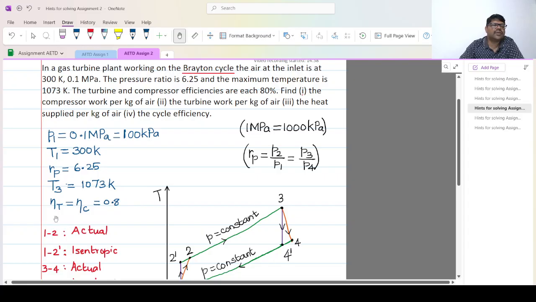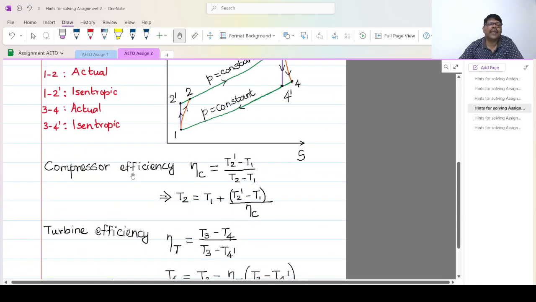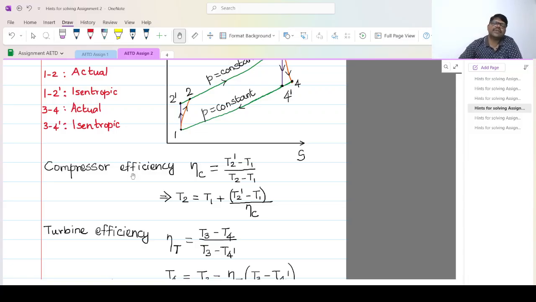These efficiency terms are otherwise called isentropic efficiencies. Okay. So this isentropic efficiency actually relates the enthalpy change during an isentropic process and the enthalpy change during a non-isentropic or